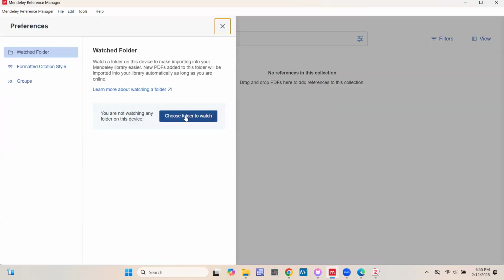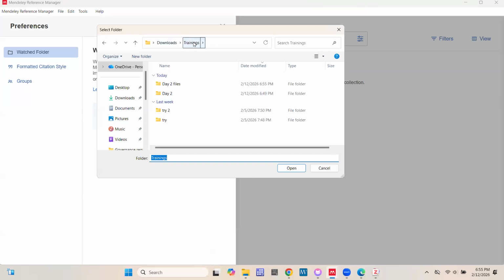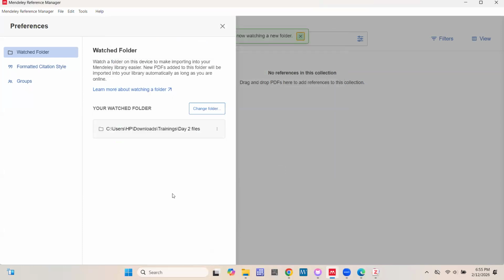And then I click on choose folder to watch. Then you navigate to that particular folder. That particular folder is in trainings. And then you choose the two files. And I choose open.